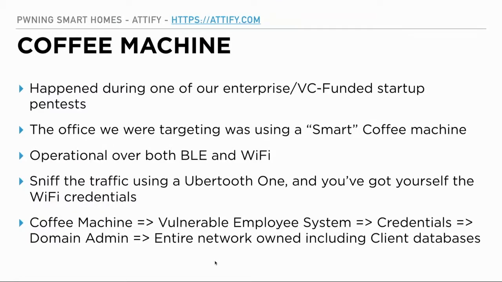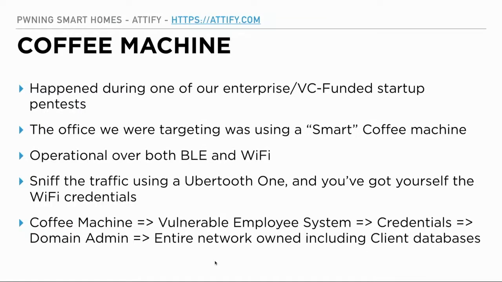So this is what I was mentioning about the coffee machine. It was using both BLE and Wi-Fi, and for some reason, I don't know why, it was transmitting the Wi-Fi credentials over BLE. And this is also one of the things that you'll find in a lot of other devices. I think one of the other popular smart plugs called Comfy also has the same vulnerability. There's no particular reason why it does that, but it keeps on emitting the Wi-Fi credentials for the network which it is connected with.